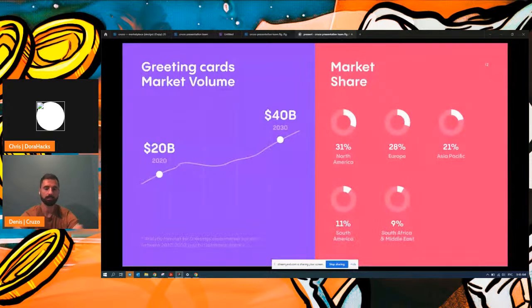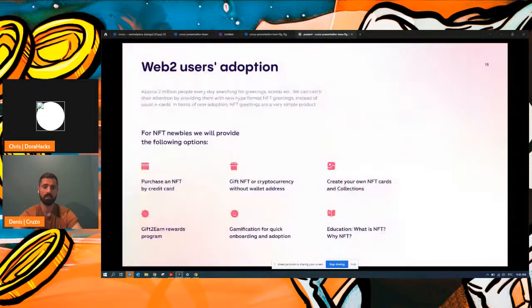This is the forecast based on a data intelligence agency. So in the next 10 years, the greeting cards market will double, and this is the market share. So about Web2 user adoption, because as I mentioned before, we are targeting both markets. So crypto people who are already buying NFTs, but that's another story. And mostly for us, it's Web2 users who are not buying NFTs now but could be customers in the future. So we want to provide them